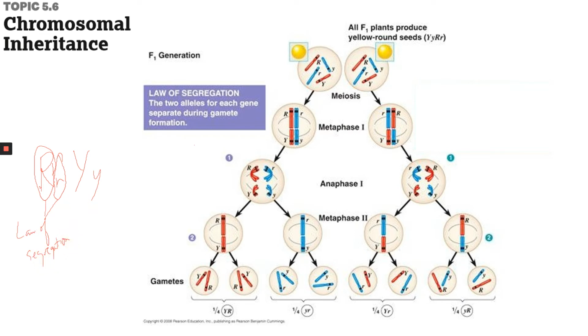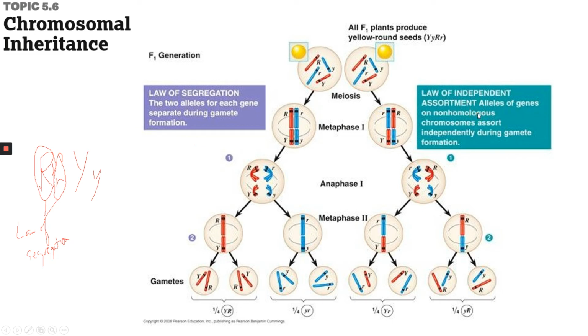Law of segregation. Mendel's other law, the law of independent assortment. The alleles of genes on non-homologous chromosomes assort independently during gamete formation. What that means, and I'll do this one in blue here, is that assuming that R and Y are on different chromosomes, like it's shown here, this is the law of independent assortment. What it means is that these two genes are going to separate independently of each other,